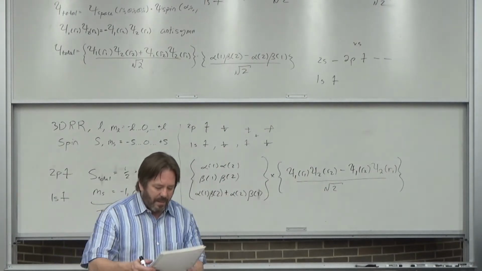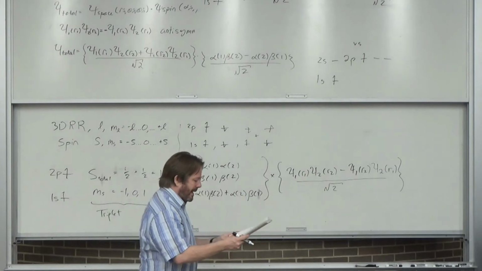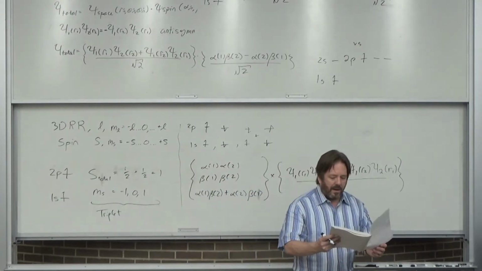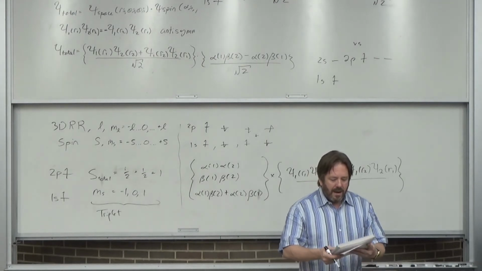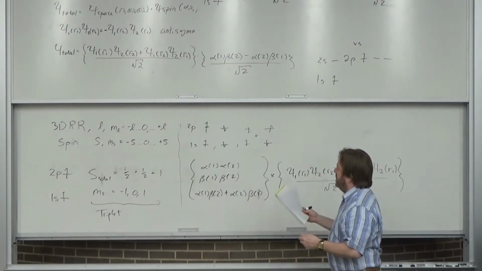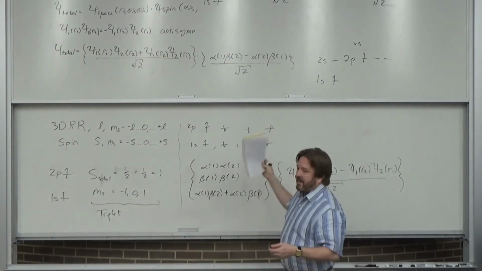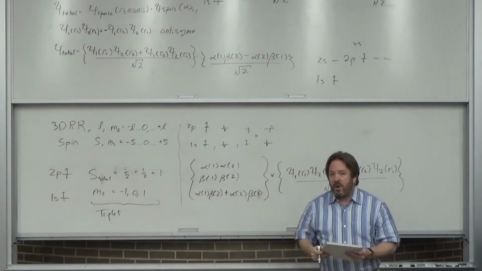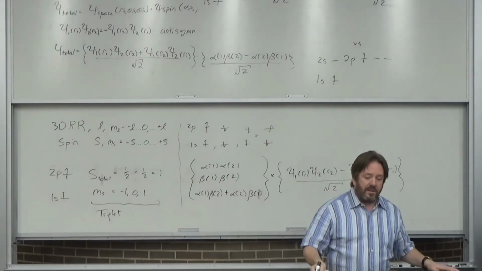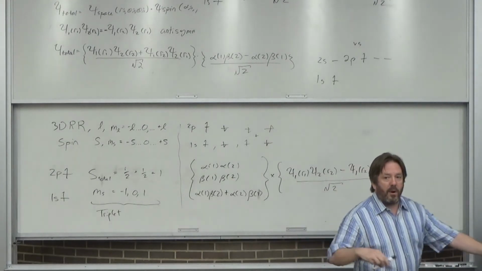Okay, now I'm going to have to wipe out the board, and we are going to get into a little bit more complicated stuff here. We're now going to start looking at the energy of these triplet states versus the singlet states. What I'm going to show you is that the triplet state is actually slightly lower in energy. So I'm going to wipe out the board, and then we're going to do that part next.